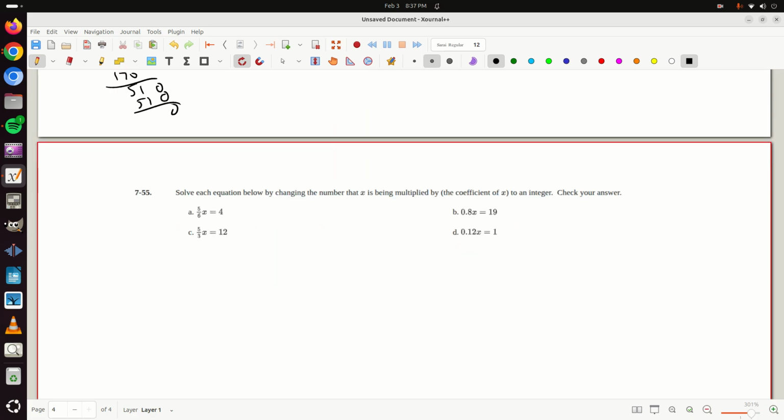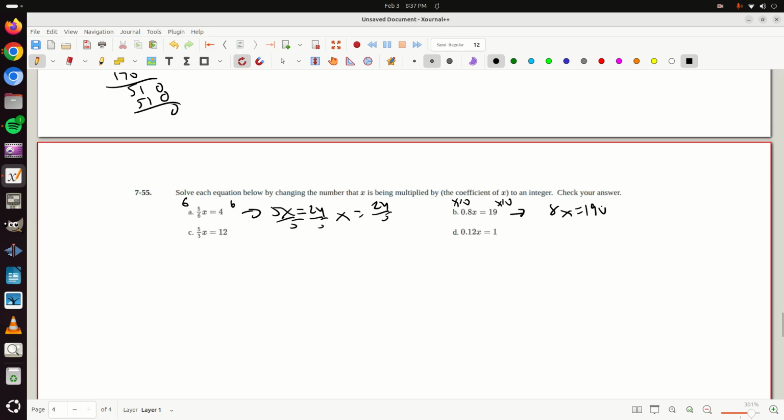Solve each equation below by changing the number x. So what they want you to do is multiply by 6 and then get 5x equals 24 and then divide by 5. So x would equal 24 fifths. You guys know I would do that in one step. This one, actually I guess I should go to B. This one they want me to multiply both sides by 10. And I would get